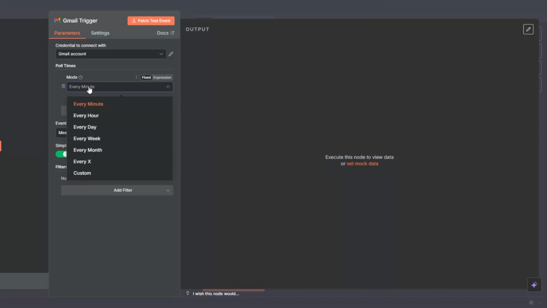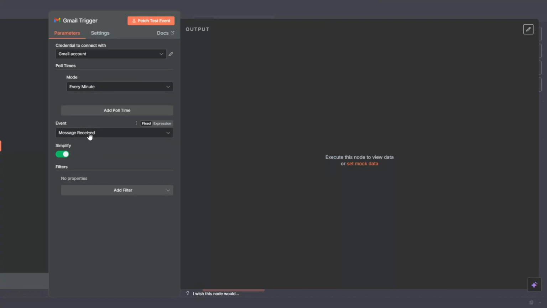And then for the mode here, you can choose when you'd like to run this trigger. You can choose to run it every minute, every hour, every day, every week, every month, or customize it right here. The event will be on message received. Here we can try sending a message to a prospect and then replying to it so we can capture the response right here in our trigger. So to do that,